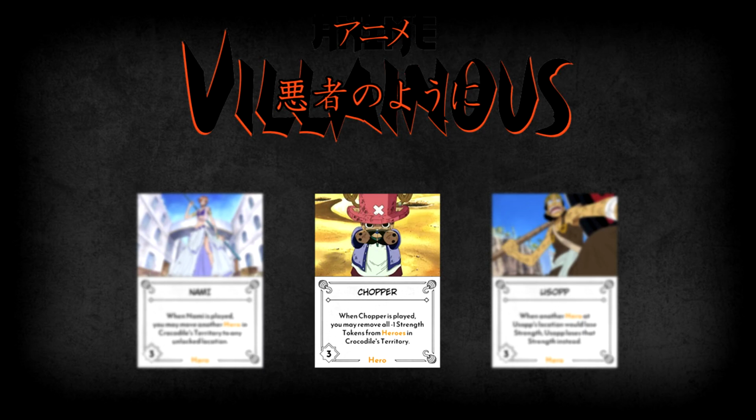If he doesn't get to defeating them quickly, Chopper may arrive and put them all back up to maximum strength. Now we have Nami, whose ability also deals with heroes. When Nami is played, the one playing her can then move a hero in Crocodile's territory to any unlocked location. This, of course, can be a major pain for Crocodile's Operation Utopia, as well as just moving heroes to more